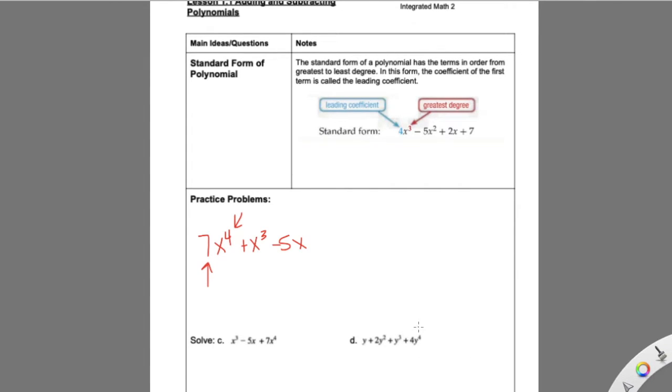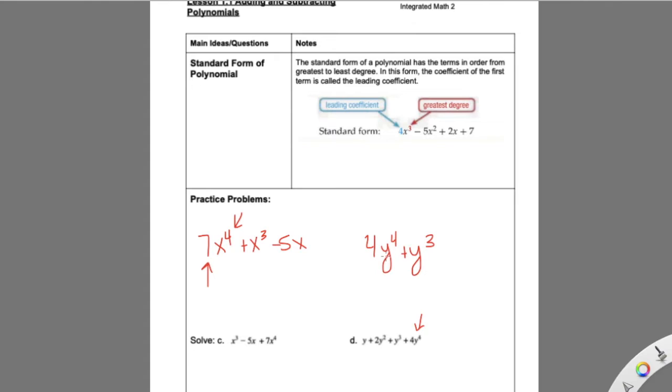So 4 is my biggest exponent. I'm not talking about the number 4 on the front here. I'm not talking about this coefficient. I'm talking about this exponent 4. So that goes first, the 4. So then the next step down would be